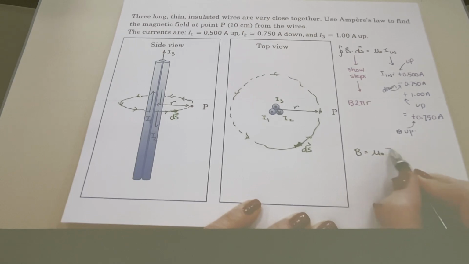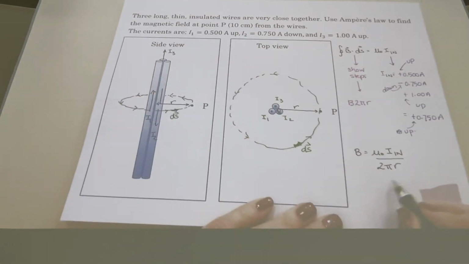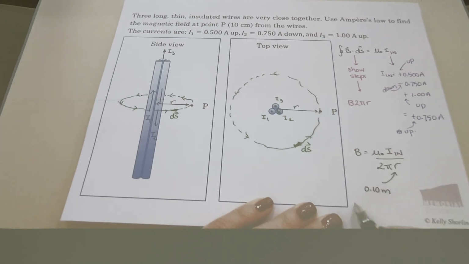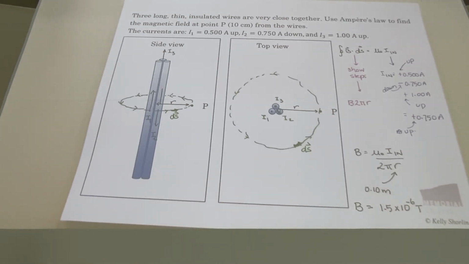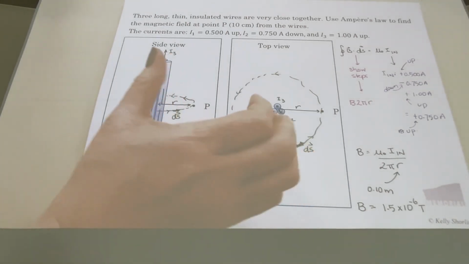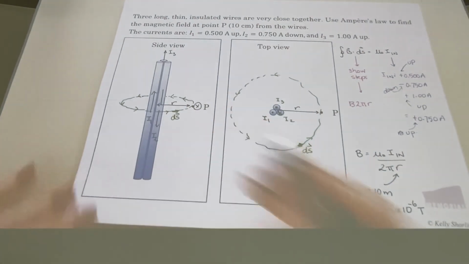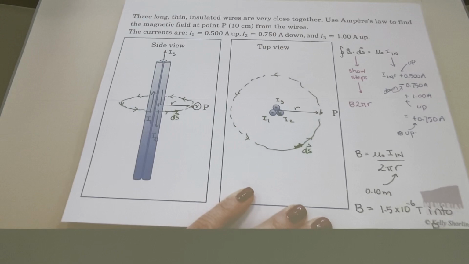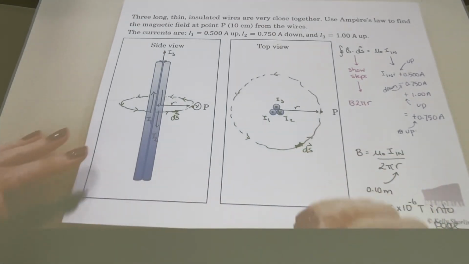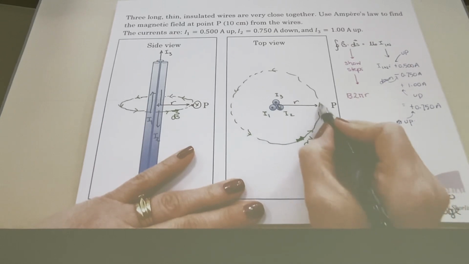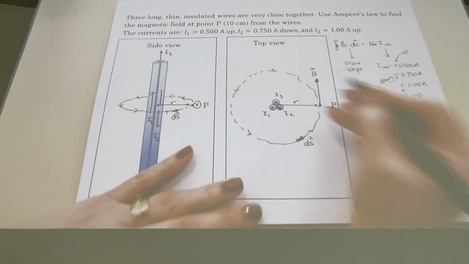B is equal to mu naught times I inside divided by 2 pi times R. R is given in the problem as 10 centimeters, 0.10 meters. So our net magnetic field B is equal to 1.5 times 10 to the minus 6 Teslas. Using our right-hand rule in the 3D version, our current goes up, our fingers go into the page here. And if we look at it in the top view, our current is up, our magnetic field comes around, points up in this